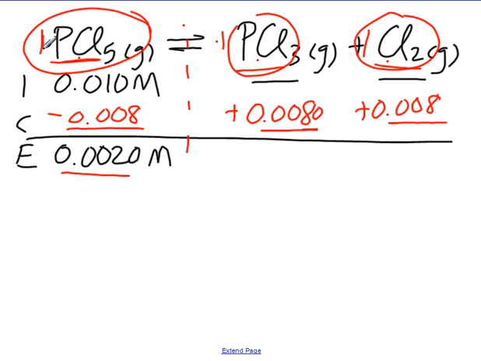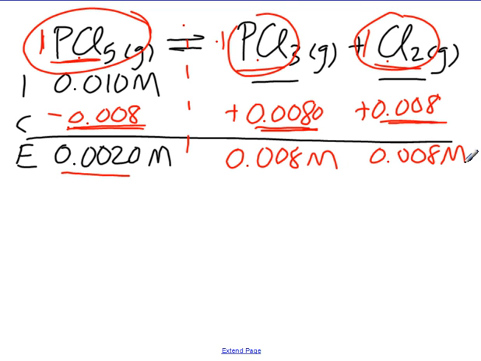So therefore, two PCl5s would become two PCl3s and two Cl2s. Well then 0.008 PCl5s would become 0.008 PCl3s and 0.008 Cl2s. Okay? Then you've got 0.008 molarity here, 0 plus 0.008, 0.008 molarity there, and we can now jump in and